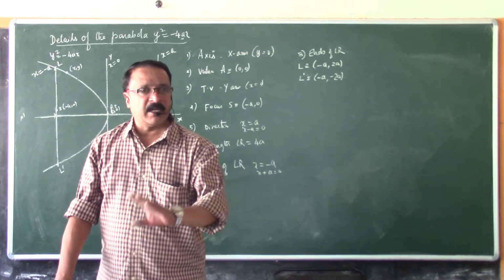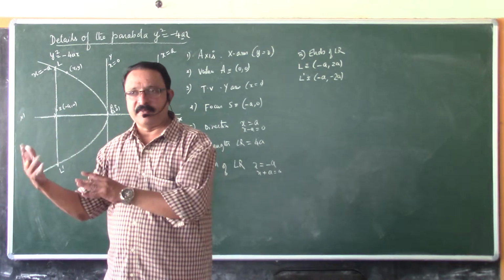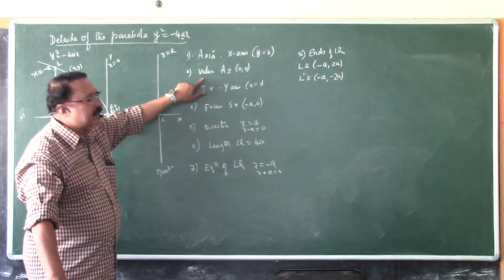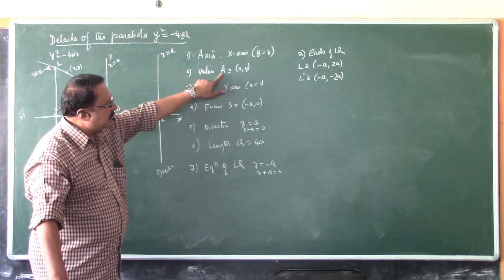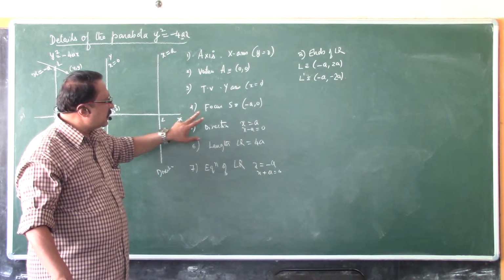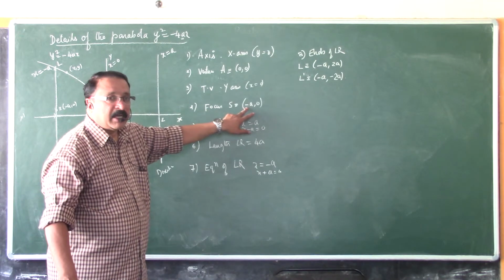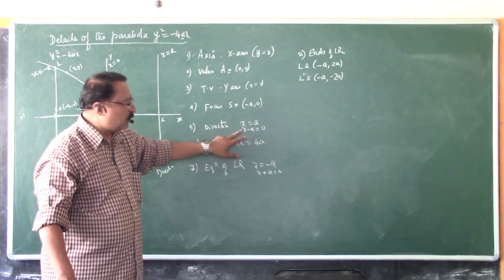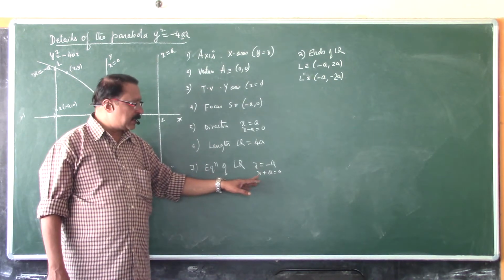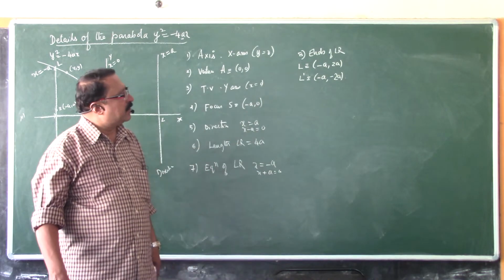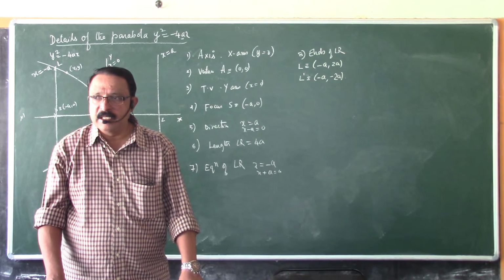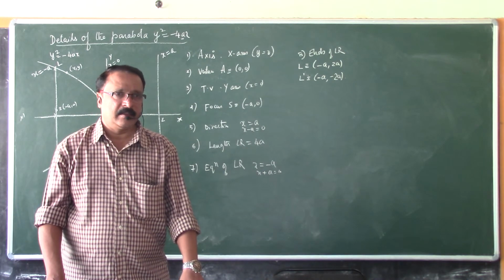Notice that for y square equals minus 4ax, the curve turns on the left side. So to summarize, axis is x-axis only, vertex is 0, 0, tangent at the vertex is y-axis, that is x equals 0, focus is minus a comma 0, directrix is x equals a, length of LR is 4a, equation of LR is x equals minus a or x plus a equals 0. Ends of LR, upper end is minus a comma 2a, lower end is